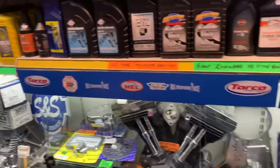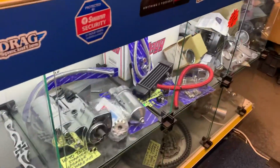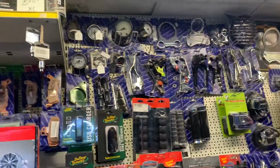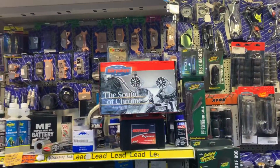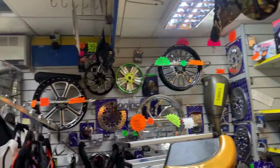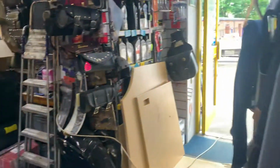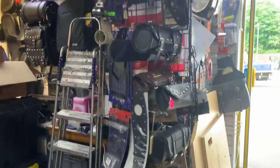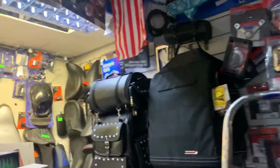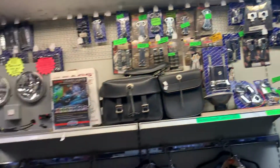Ultima box, well actually a complete Ultima, pretty well. Brake upgrades, big starter 2 kilowatt, oil coolers, all the things that you really should have, even though you're spending money on chrome. Oil coolers are a lot more useful. Premium sound, speakers, all your filters, your batteries, Odyssey, etc. Billet wheels, okay. Simpson gear, and helmets as well. As you can see, just masses and masses of great biker gear. So if you're in the area, Corbin seats, Mustangs, Saddlemen, Granucci's,